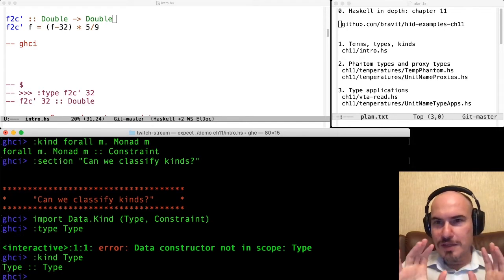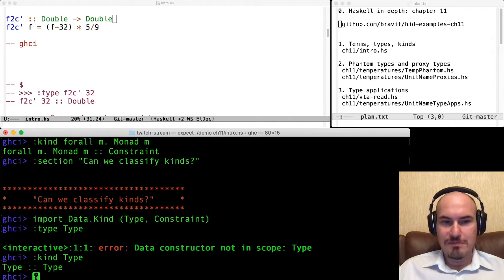And this is one of the most interesting results here. Type has also a kind, and this kind is also Type. So types are kinds actually here in Haskell. This is a property of the type system.